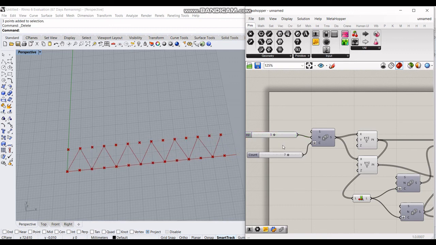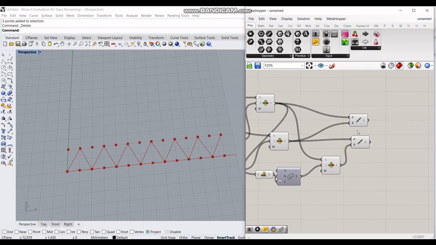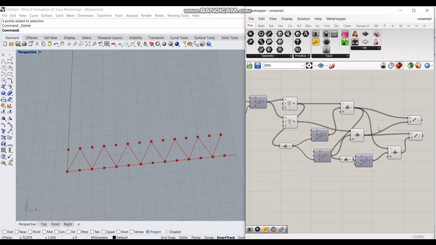Now we can even vary the width of the pattern. This is a really useful example, because when you create an origami pattern, you need not construct the origami each and every time to make a different type of origami. So this will help a lot in that case.